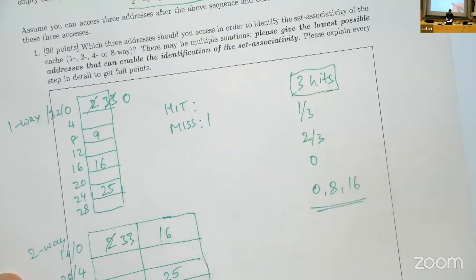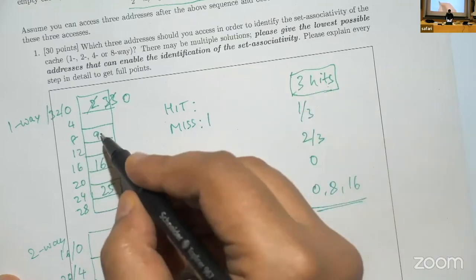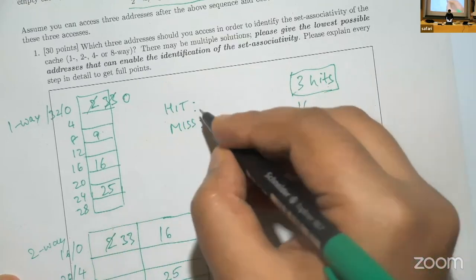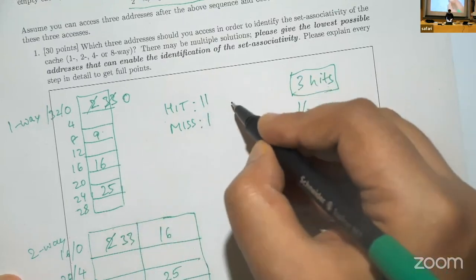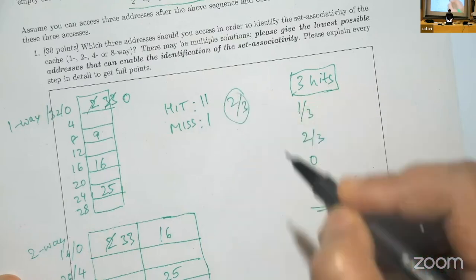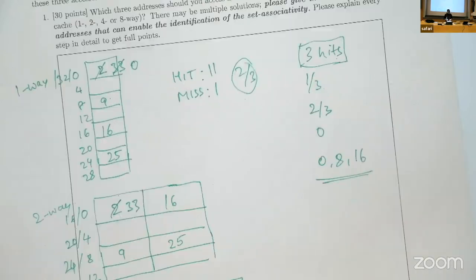So you'll have 1 miss. Then 8 is already there, so you will have a hit, and 16 is already there, so we'll have another hit. So you will have a hit rate of 2 by 3. And in case of 2-way,